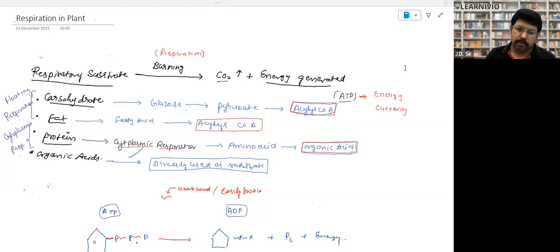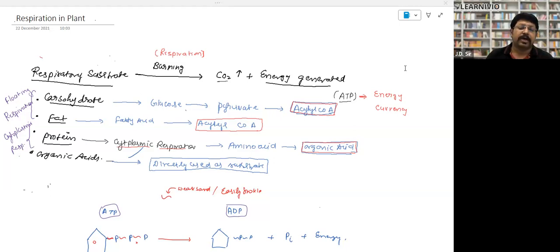If it is petrol generator, you will burn the petrol, so substrate is petrol. If it is diesel generator, the substrate is diesel. If it is ethanol generator, the substrate is ethanol. So what is the substrate? Substrate is fuel, right? Same way in our body, in our mitochondria, the substrate is that compound or that chemical which will burn or which will oxidize. Due to burning of that chemical, energy generation and carbon dioxide will be coming out, right? So that is called respiratory substrate. So any kind of chemical which burns out in our body and provides us energy, we call that respiratory substrate. So try to understand over here.